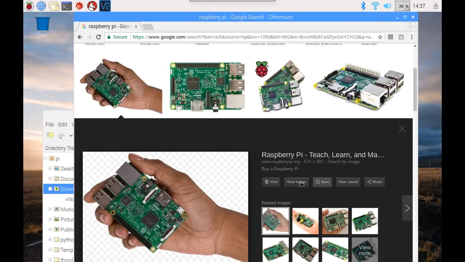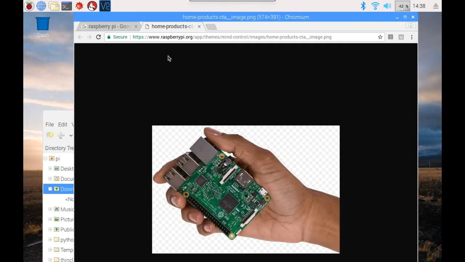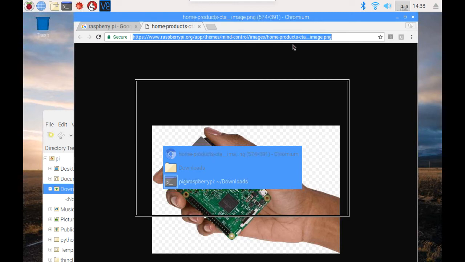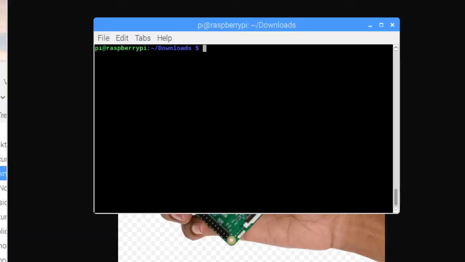download that image. If I view the image, it should show me how I can get to the image where it's stored. Actually this is from the raspberrypi.org website. So I'm going to copy this URL and let's go back to the terminal. We're in the downloads folder. If I do an ls, those are the two files that are in there. But if I do a wget and paste in that URL,